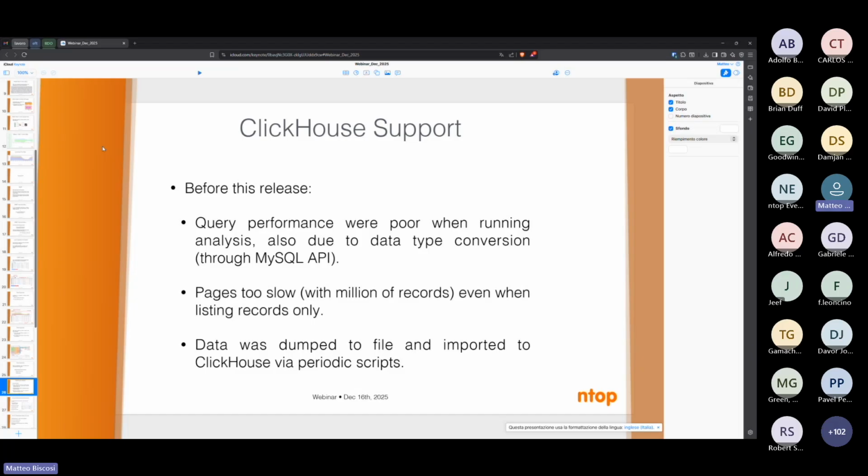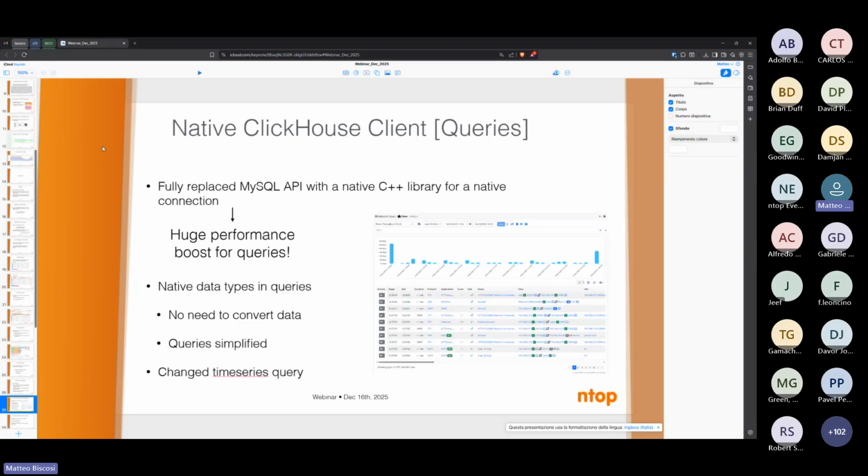And we had a problem with the development we have with ClickHouse, because pages were too slow, even when filtering and searching inside millions and millions, if not billions, of records. If we compare those times with other databases, they were really quite good. But still, we were not happy about those performances. So we decided to improve the performances from the ClickHouse point of view